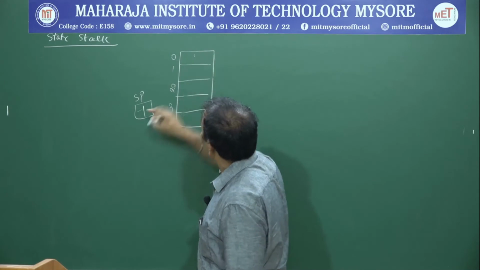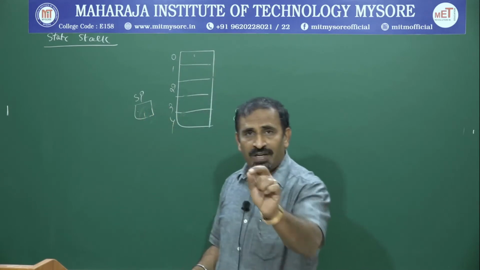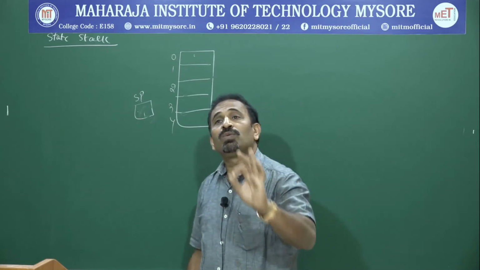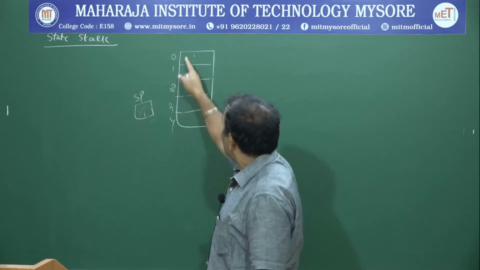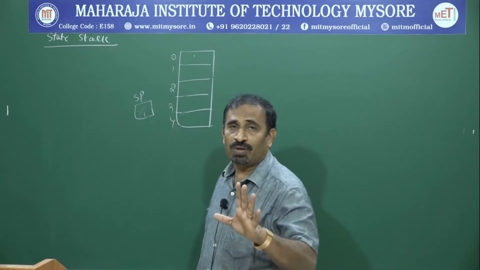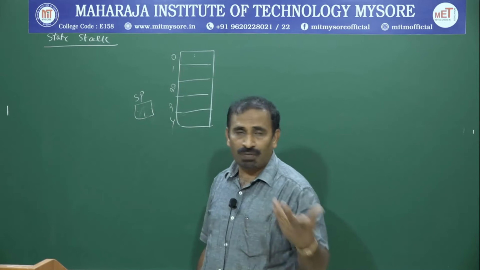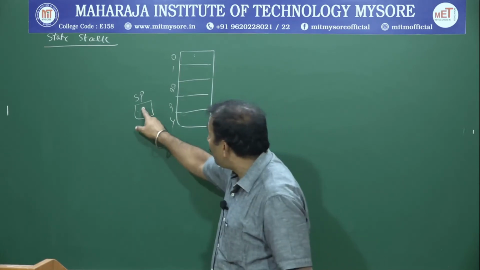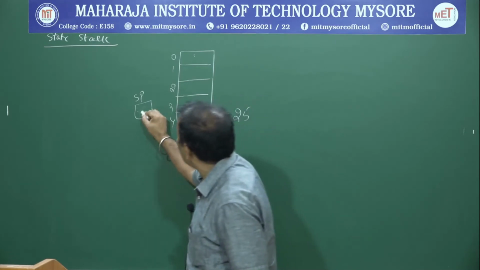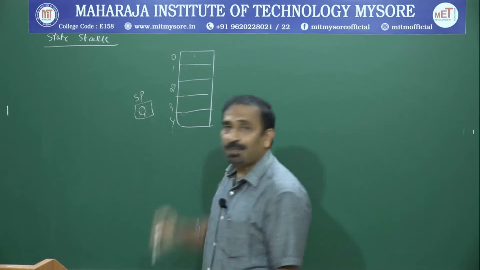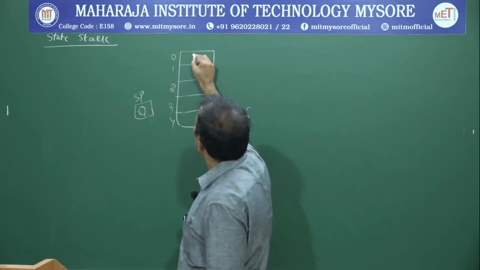When you insert an element, first, whenever I do the insertion, as I already told you, the first thing is to check for overflow. If the stack pointer is already pointing to the last position, then it is called overflow. But right now this is at -1, so therefore no overflow. First check for overflow, then increment the stack pointer from -1 to 0. Where the stack pointer is pointing, insert here.